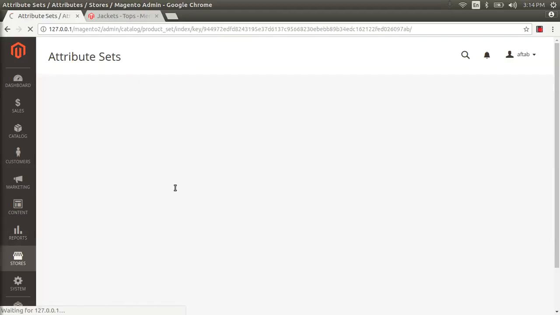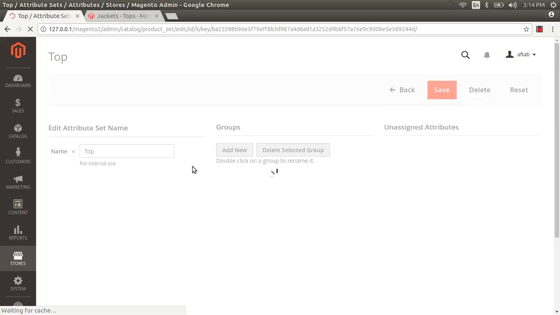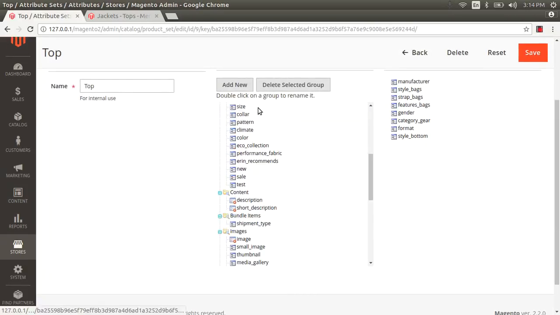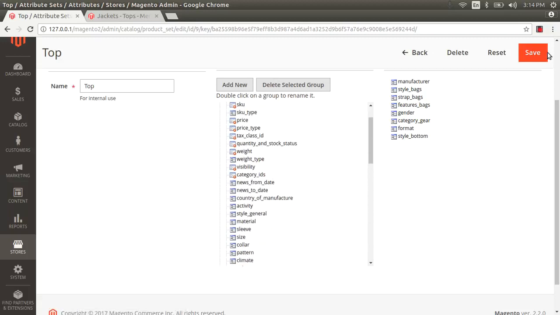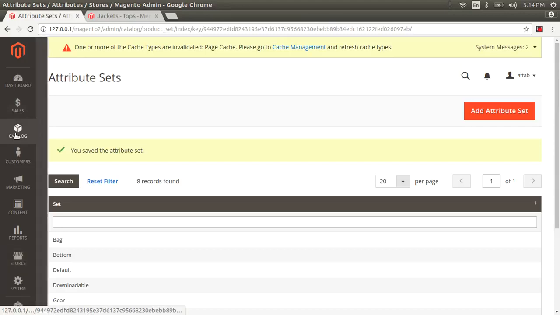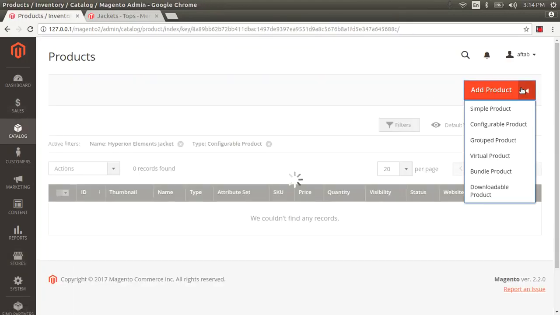So you can save your own custom attribute set also, right? So we move Task to Top, right? So save this, right? And go to Catalog, Product, create new product,